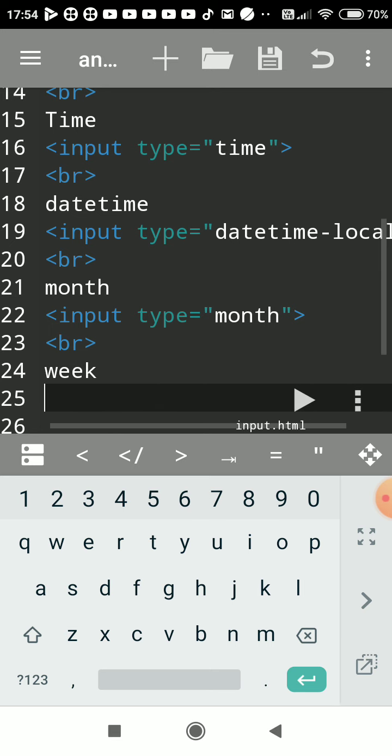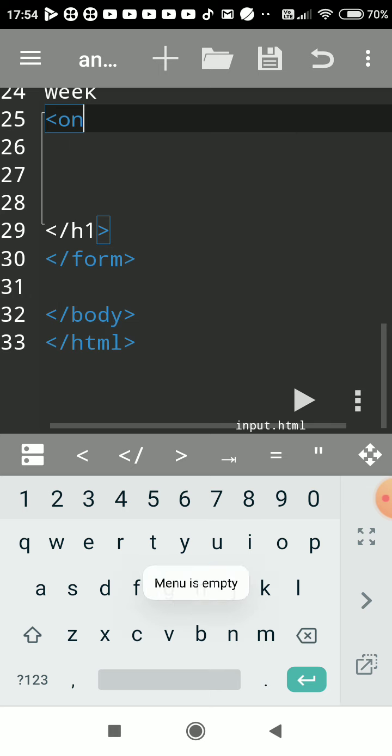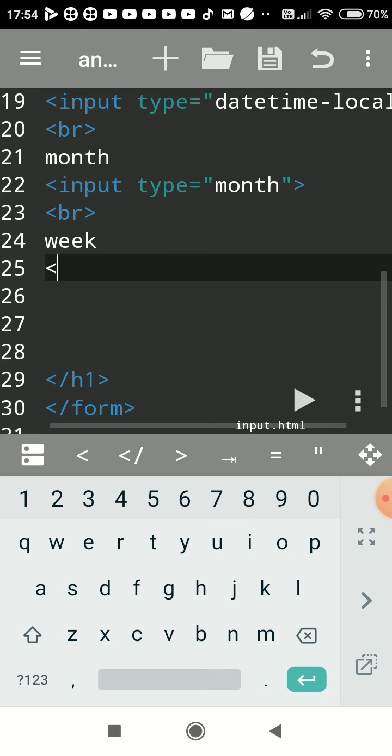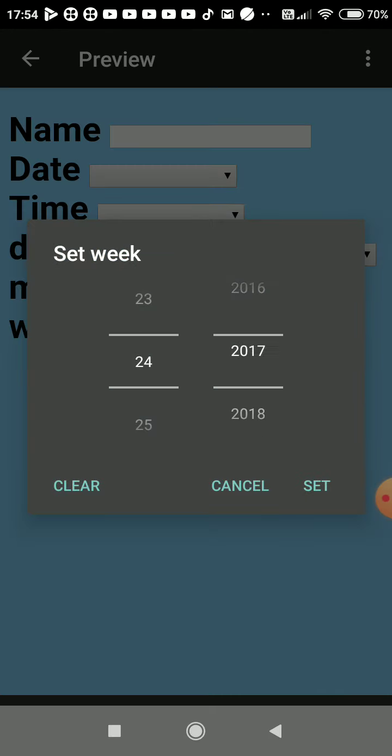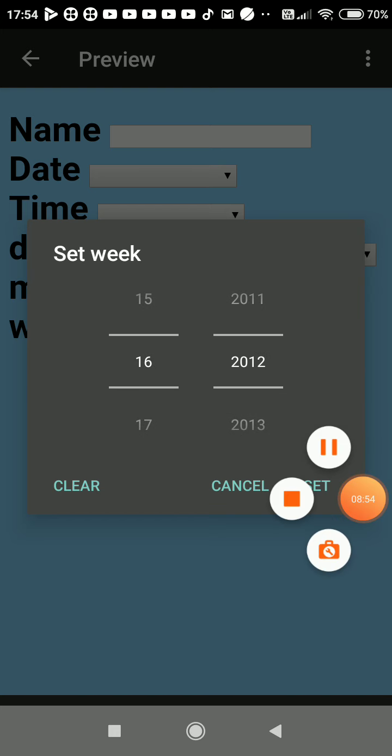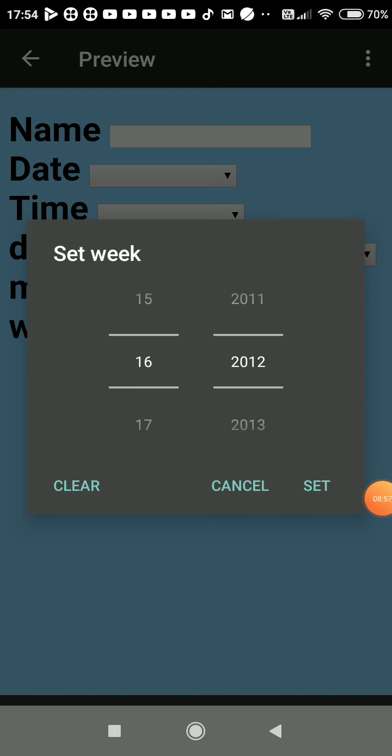So same way again write input type is equal to week. Close this, save it, run. So you'll get week picker here.